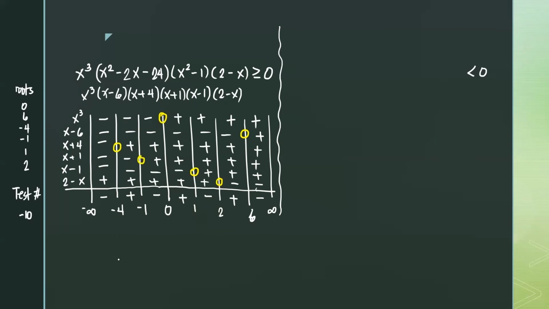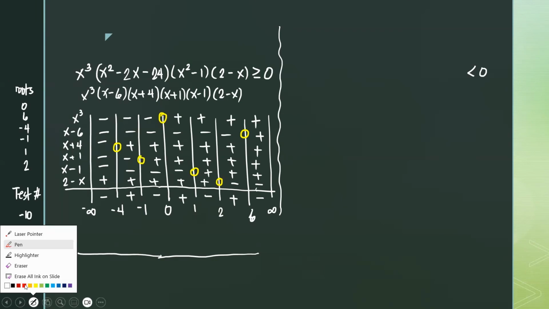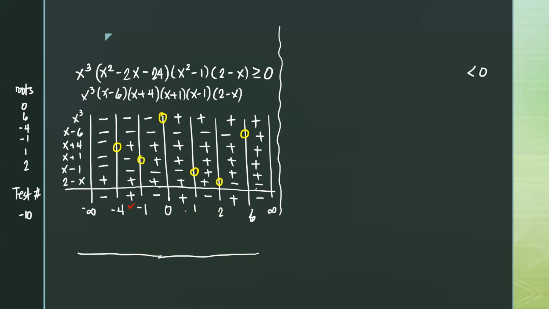So this one, it's gonna be greater than or equal to 0. So it has to be the positives. So let's plot them. -1, 0, 1, 2, and 6. So since it has an equal sign, from -4 up to -1, since may equal sign, it's bracket. 0 to 1, 2 to 6. Did you get the same, guys?